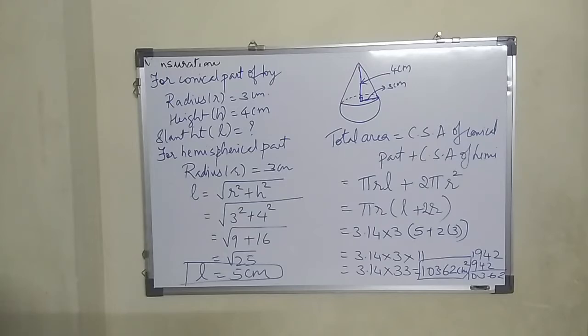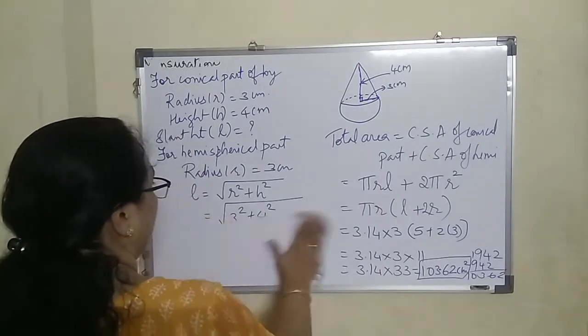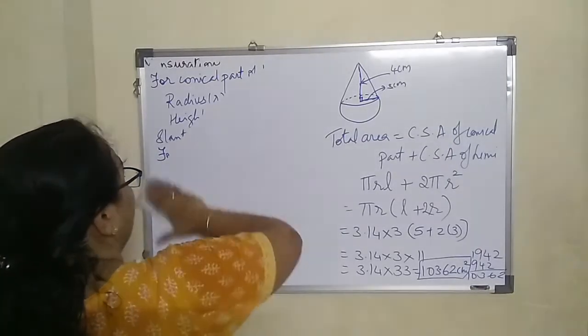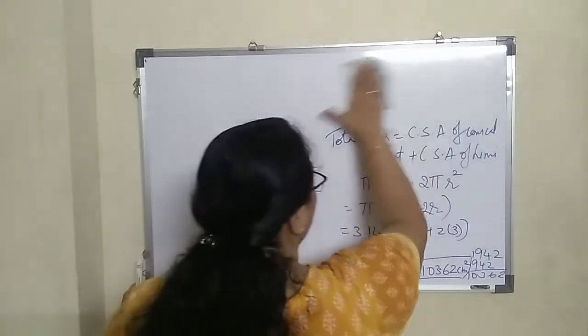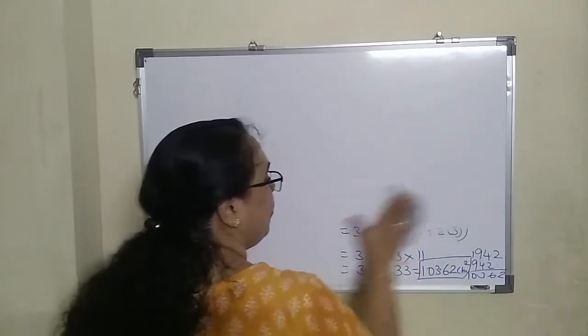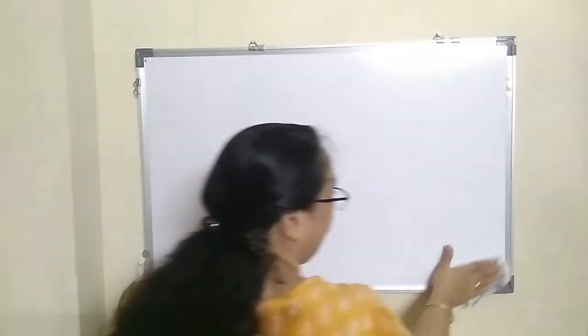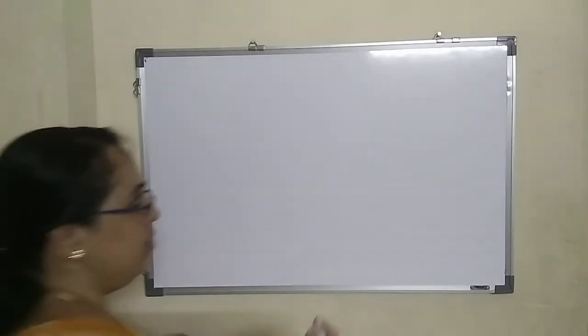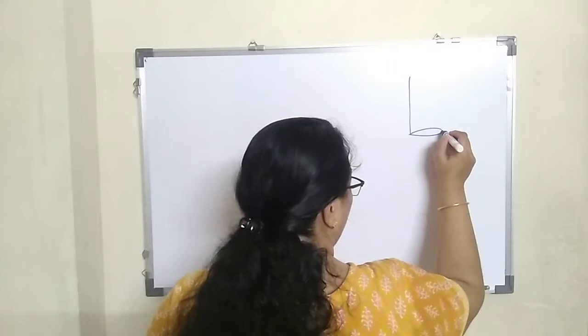Now let us go for sum number 12. I hope by this time you have finished writing. Now for sum number 12, read the question properly, girls. First and foremost is for you to understand the concept you had studied in 9th standard with regard to upthrust, buoyancy and all that. I hope you remember Archimedes principle. If you remember that, this sum will go easier for you.